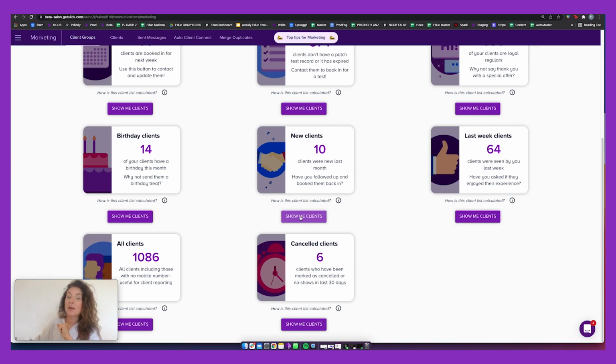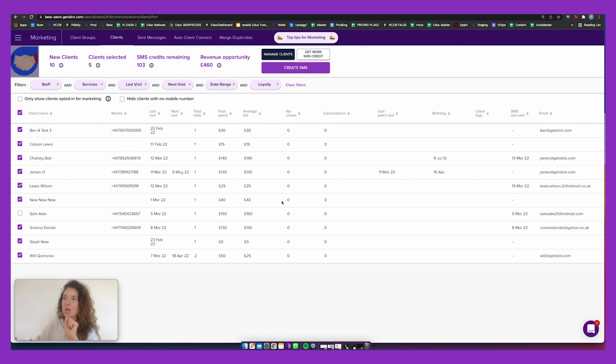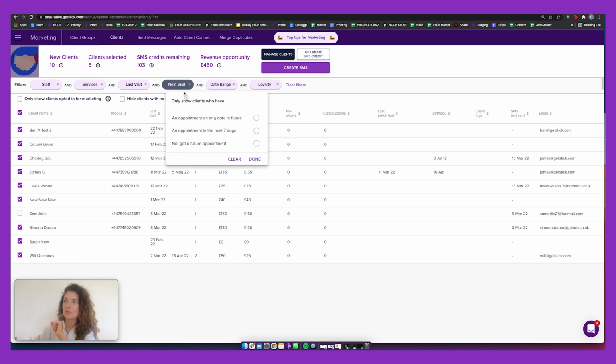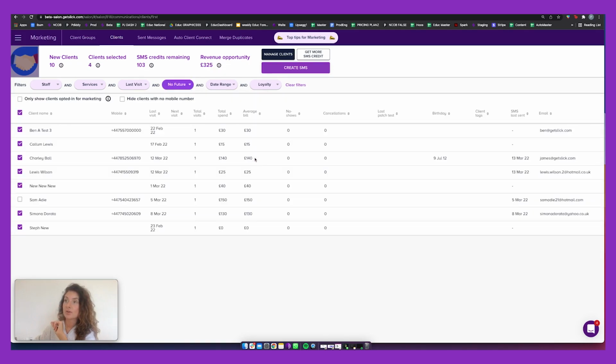You also have a bucket of new clients. Now, this is a very important bucket because it's worth having a look in here every week or so. Because what you'll see is clients that have visited recently and the ones that do not have a future appointment, so they haven't rebooked. They've come once, they haven't rebooked. So what you might want to do is click on next visit and select not got a future appointment. So that's